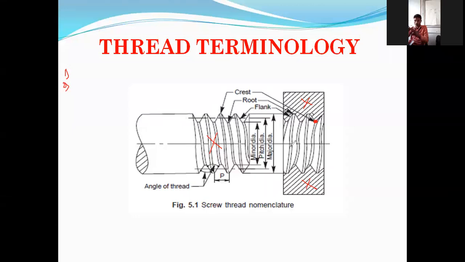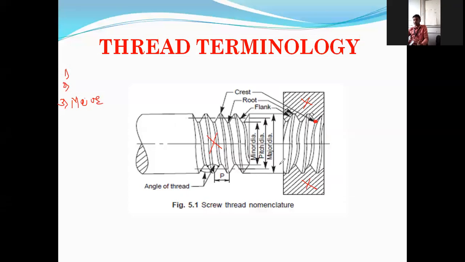You can zoom this figure so that you can identify where the crest is and where the root is. You can zoom on your mobile so that you can identify it, because this term is most important. Major diameter, it is also called by what name I have told? Major diameter or nominal diameter. Because with the help of this only, nuts and bolts are specified with nominal diameter. Suppose you reach a hardware shop and you are asking for a nut and bolt. On which basis should you purchase a nut and bolt? Do you know?